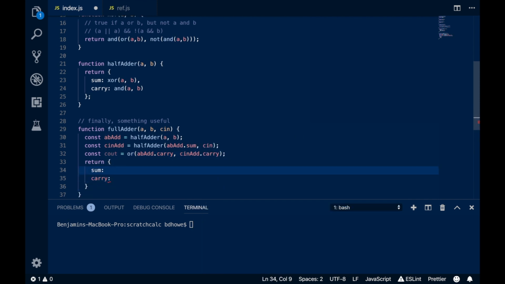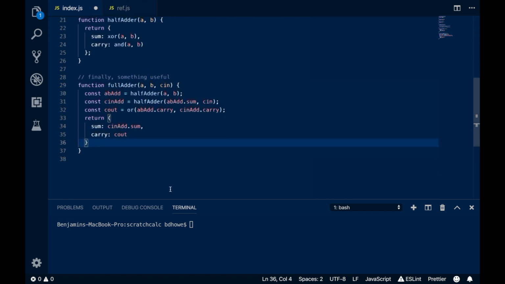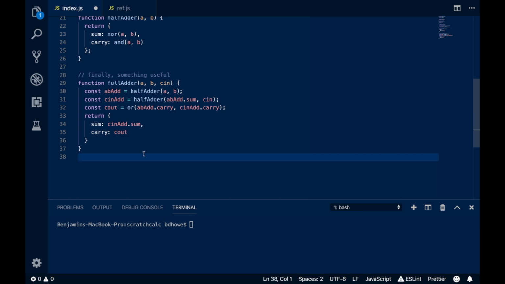Now we can output the sum of the full adder, which is the sum of the second add, and our carry out. So there we've got a full adder. These machines are starting to get a little more useful. And if we wanted to test this out real quick,